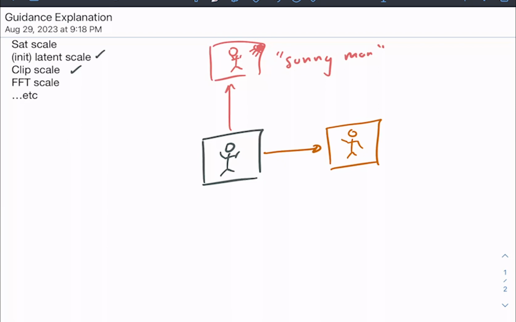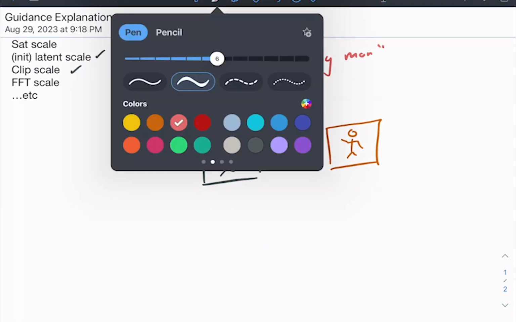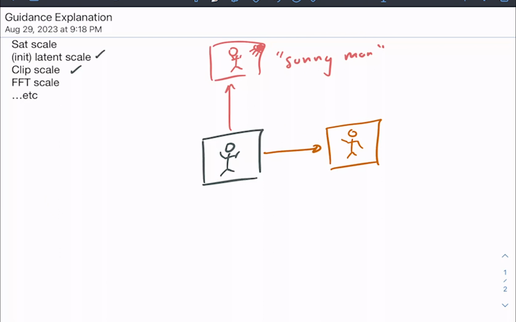And so sat scale would usually pull the image towards a given saturation, but it's actually broken right now. FFT scale deals with some sort of high frequency noise, but that doesn't get exposed, so you don't have to worry about it. Basically, there's a bunch of different directions that this image could get pulled in. And so once we have these main directions, again, here is